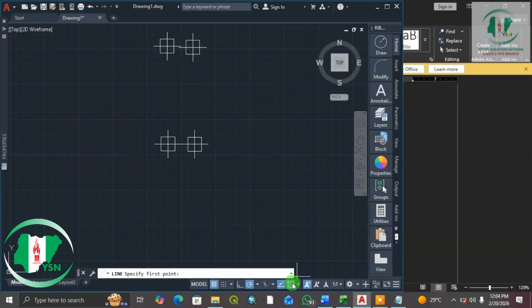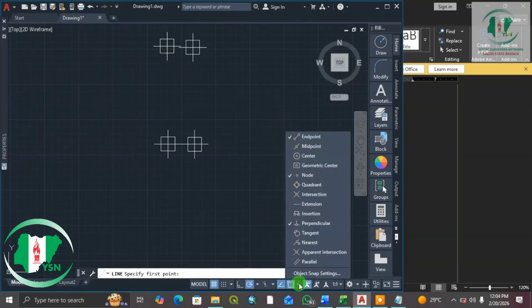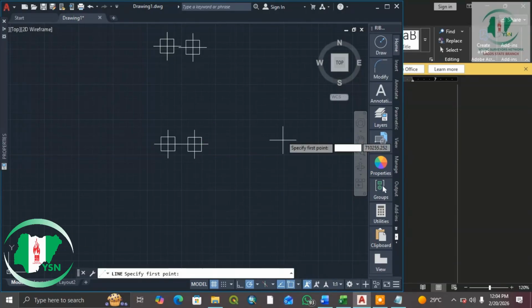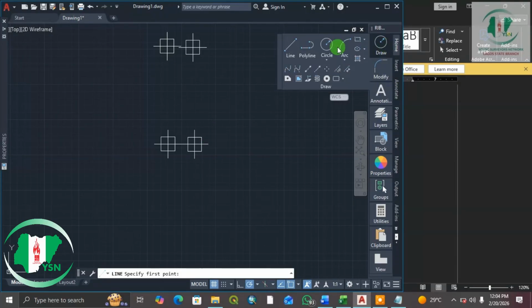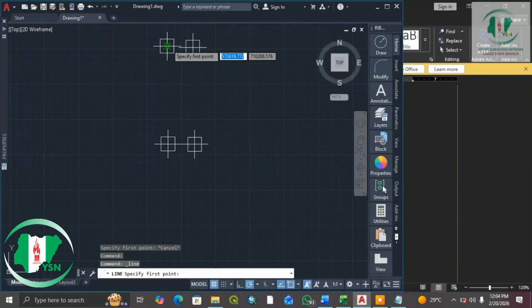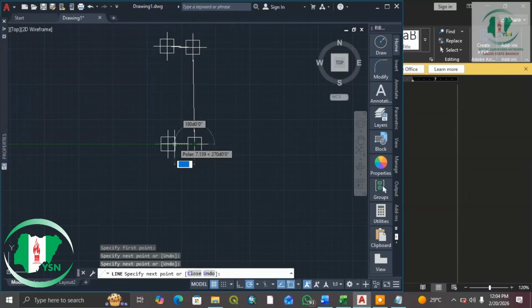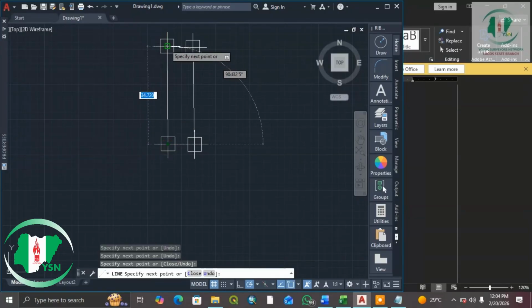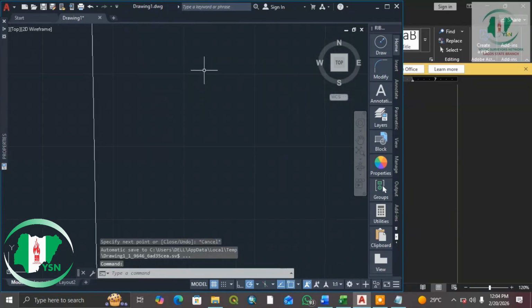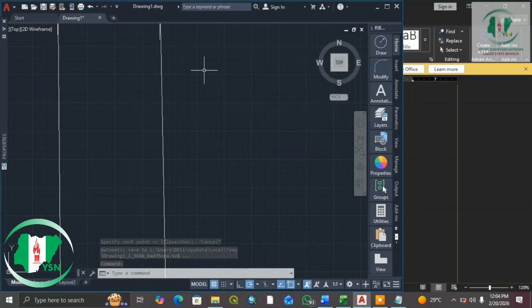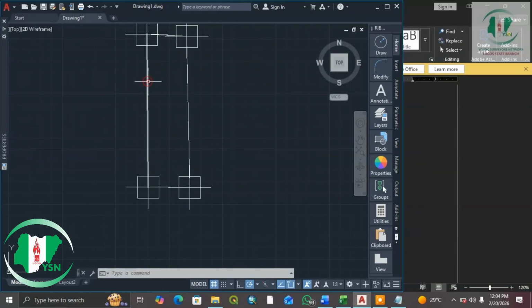You click on line, and then you make sure that your O snap is on. O snap is to make sure that you are actually clicking on the center of the point. It's on, so we make sure that you click line again to double sure. Then you have the center. You have each center. Without zooming in, O snap will make sure that you have the center, and then you close it. Then escape. So this is joining it using line. Then you can see from this that you have all the lines separated,